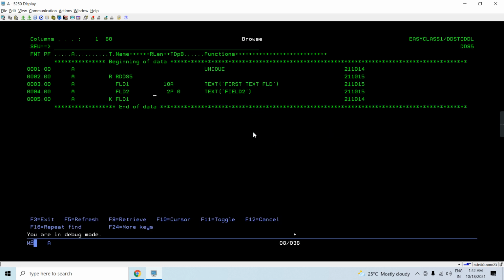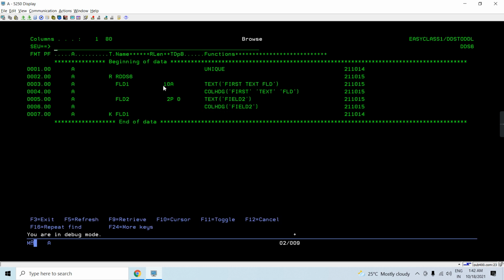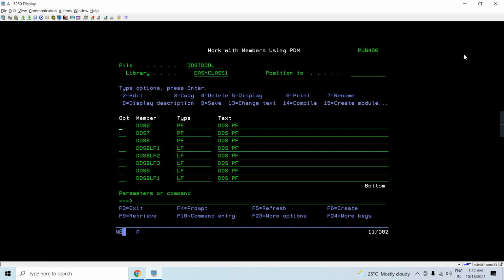example of this one. Let's have an example of DDS5 where we have the text. No, not that. Let's have DDS6. We have text and column heading both. We have a unique key, so we'll take this option.